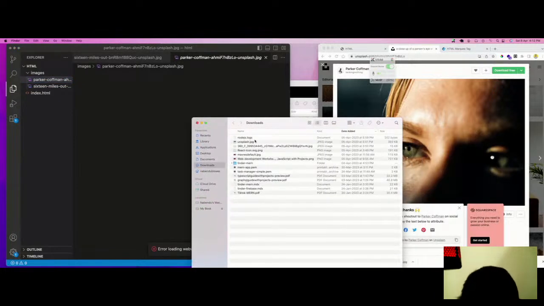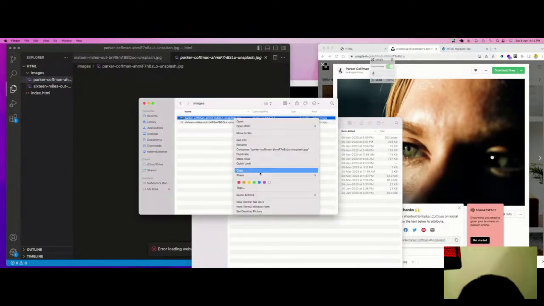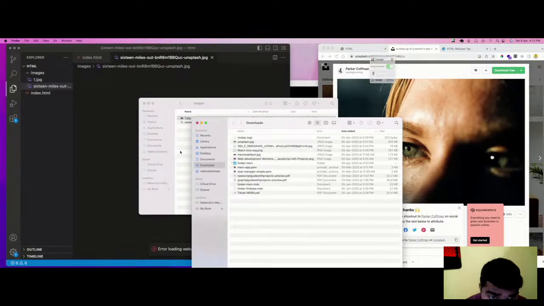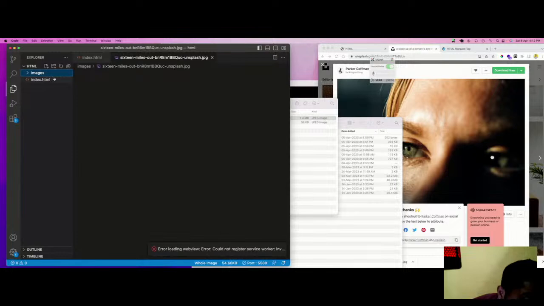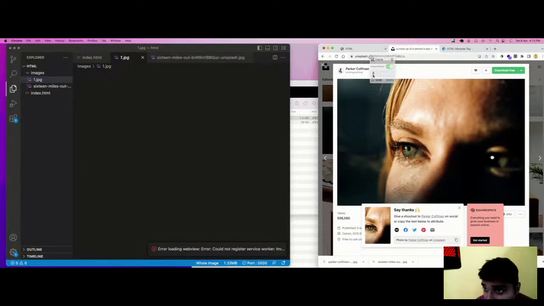Don't know, there is some problem going on with VS Code, or that is why it is not coming. Let me rename it. There is some problem going on with VS Code. It seems like that. So it is not a big task.